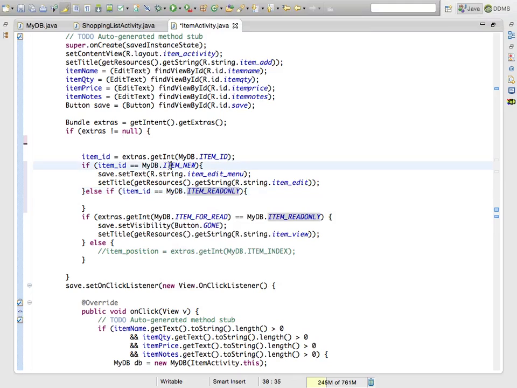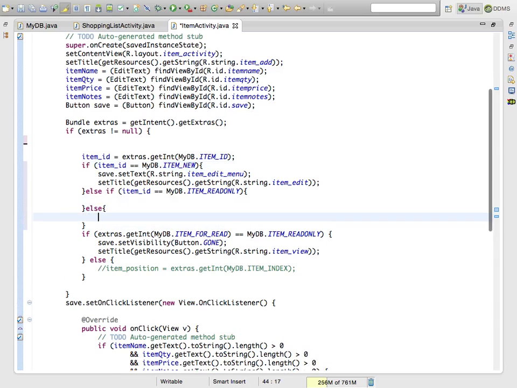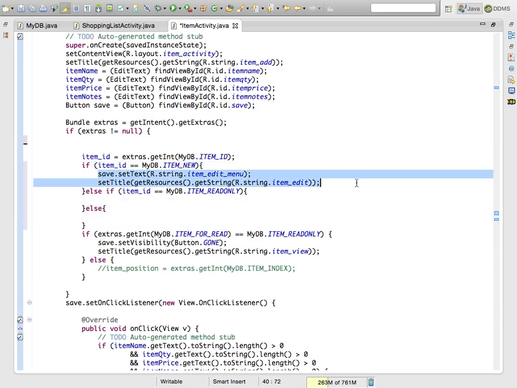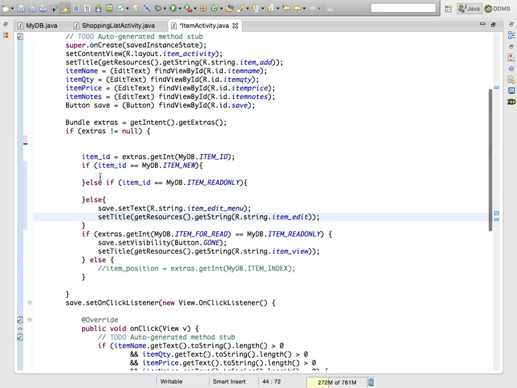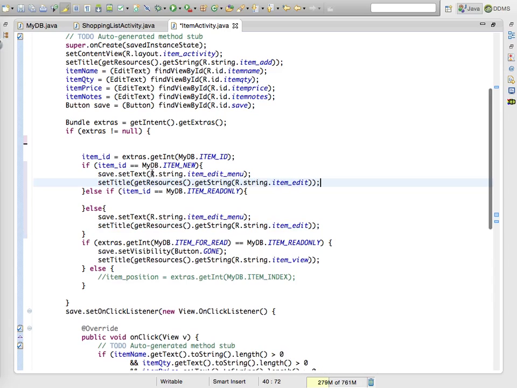So this is for new entry, this is for read only purpose or new entry, and if anything else comes it will be for editing purpose. So we cut short various flags. Item new, I can make sure it is set back to